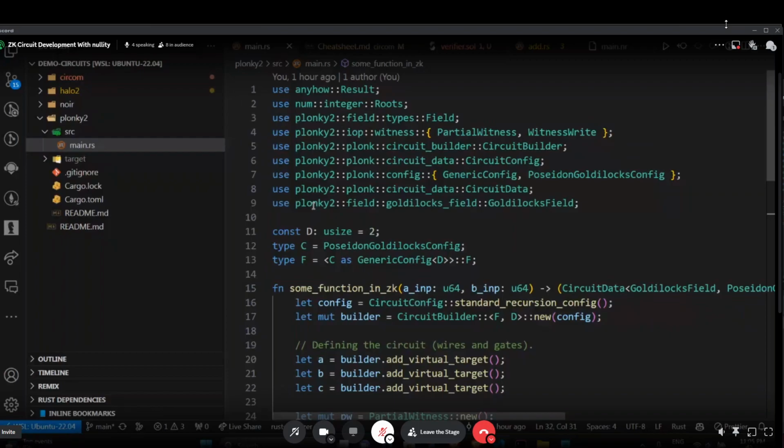They just have different names in my head. So Plonky 2 uses FRI as its PCS, polynomial commitment scheme, and Plonk as its IOP, and it operates over